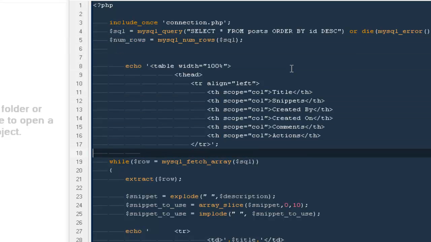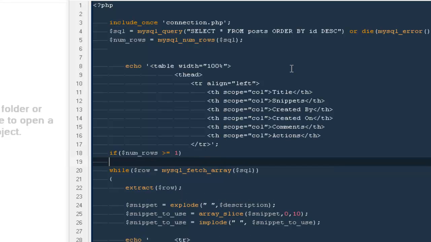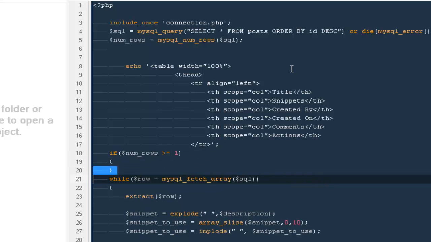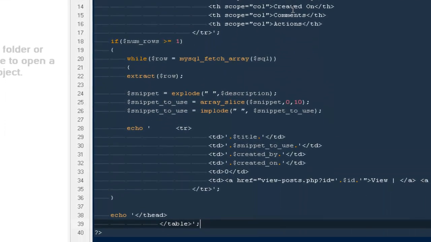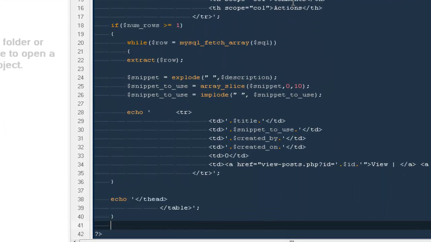I'm going to say if $num_rows is greater than or equal to 1, that means we do have posts in our database, then go ahead and list them up, else